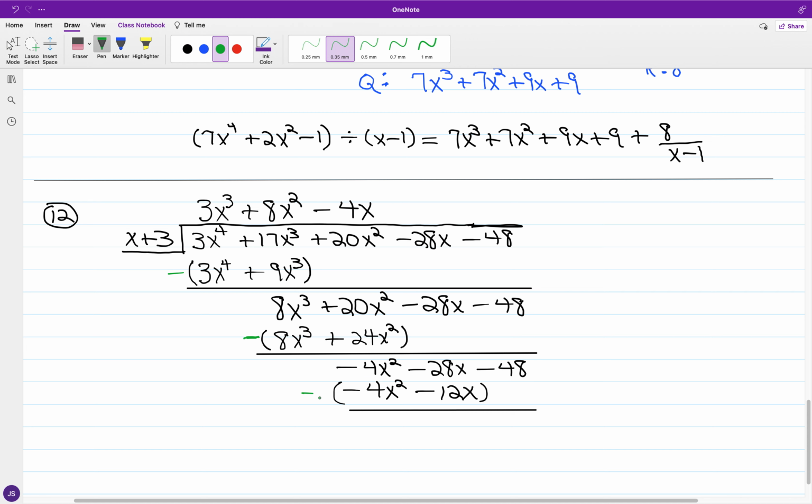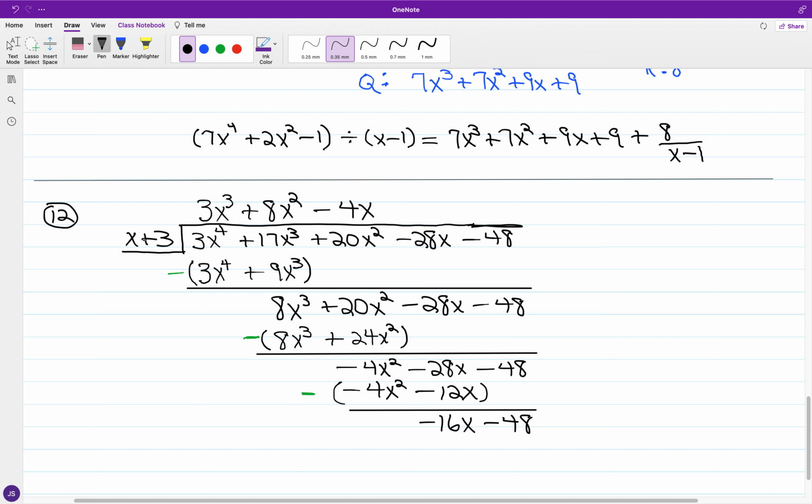With subtracting, so we have negative 4x squared, and what's going to be plus 4x squared will go out, and we've got negative 28x and plus 12x, so this will be negative 16x. We have minus 48,